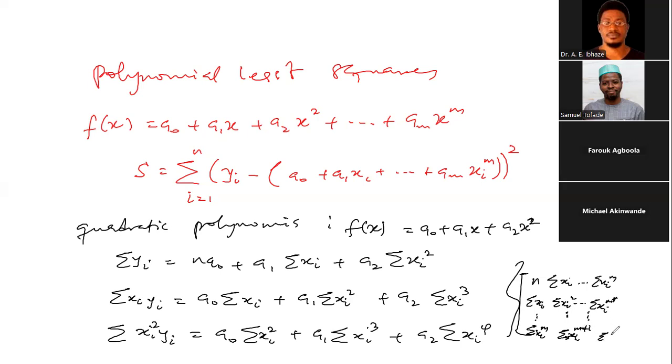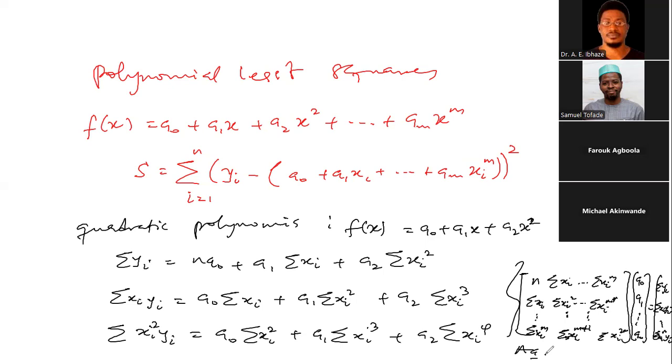Then we also have sigma si to the 2m. So once we have this, this will multiply A0, A1 all the way to Am. So this will now be equal to sigma yi, sigma si yi, all the way to sigma si to the m yi. And then we know that